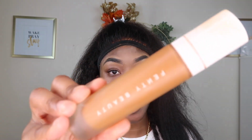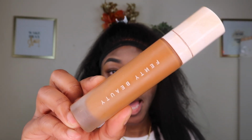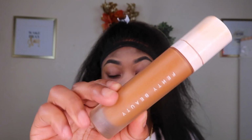So now the next thing that we're gonna go in with is foundation, and I am using my girl. I be trying other things, but I always come back to Fenty. I'm using my Fenty Beauty Pro Filter Soft Matte Longwear Foundation in the shade 430. So I'm just going to put this on my face. I like to do 2 lines because I personally feel like a little bit of this goes a long way